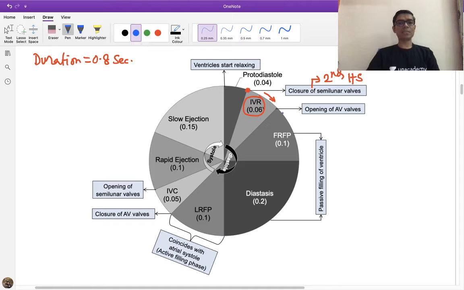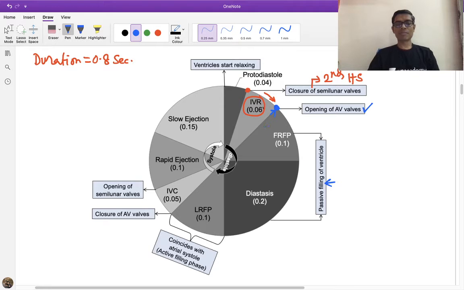Now at the end of the isovolumic relaxation phase, where the ventricle is relaxing, the ventricular pressure will be very, very low at this point, and at this point the atrium pressure will be more than ventricle. So at the end of this isovolumic relaxation phase, ventricular pressure is almost zero and atrium pressure is more than ventricular pressure. That will lead to opening of the AV valves. Now whenever the opening of the AV valves is there, we all know what will happen, the ventricular filling will occur